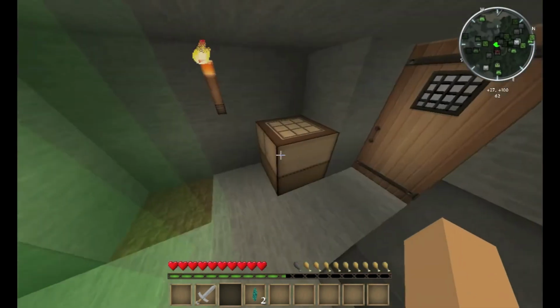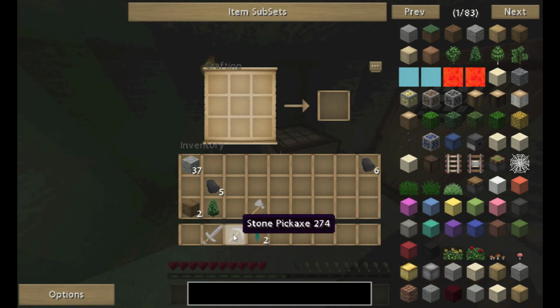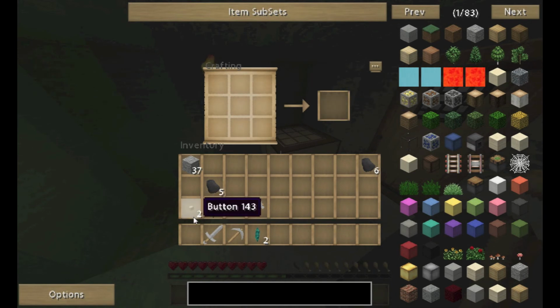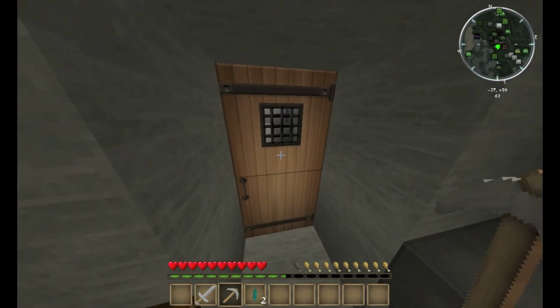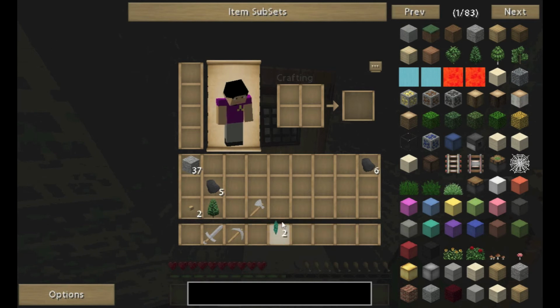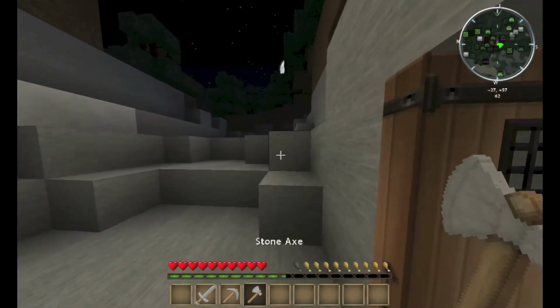And we've already got a replacement pick in the form of our stone pickaxe. So let's get some... No, I didn't want to do that. So I now have buttons, and I didn't want buttons, I wanted sticks. So it's probably going to be time to kind of run the gauntlet. Go out and try and...